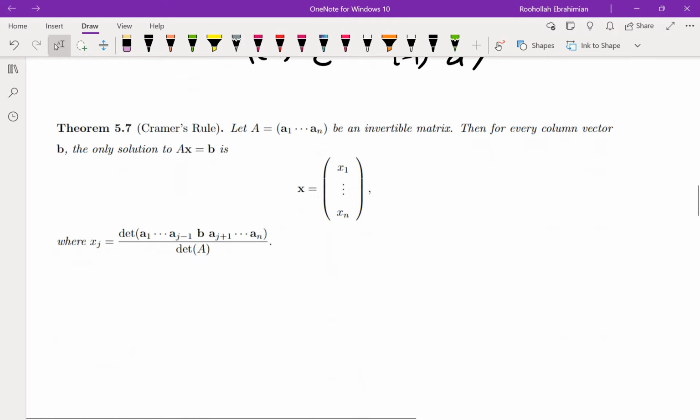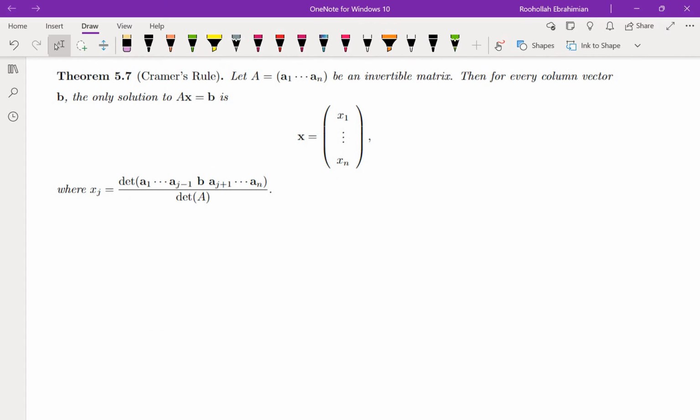Okay, so let's move on to the next theorem. This is a very important theorem. It allows us to find solutions to a system. So first, what does it say? And then we're going to prove this. Let A be an invertible matrix, then for every column vector B, the only solution to AX equals B is that,